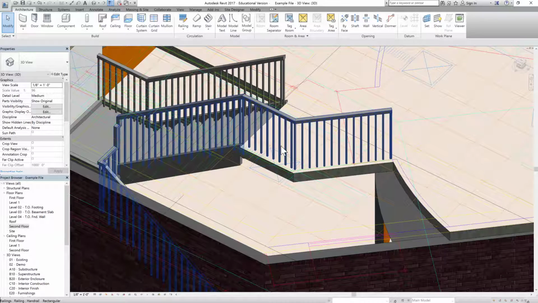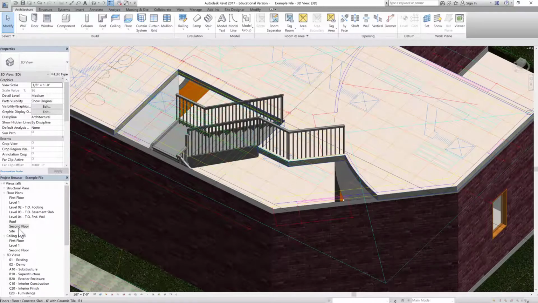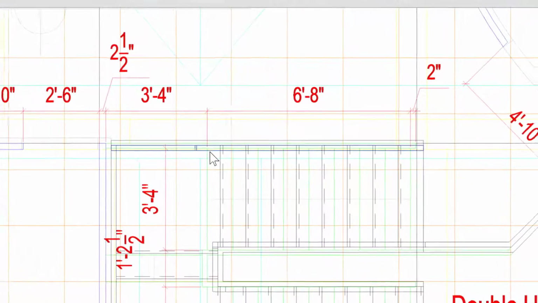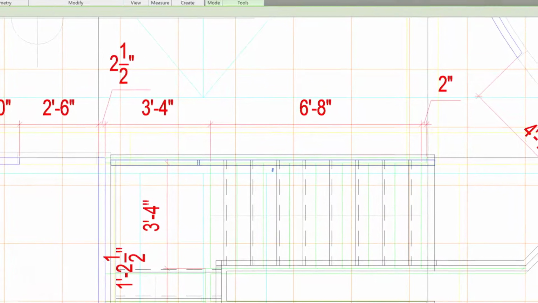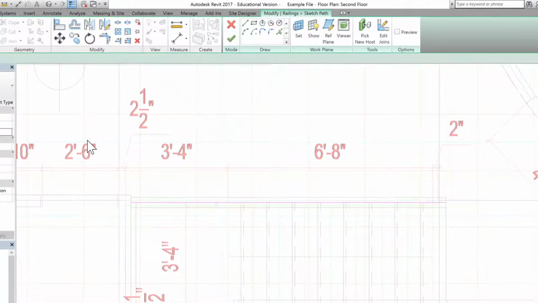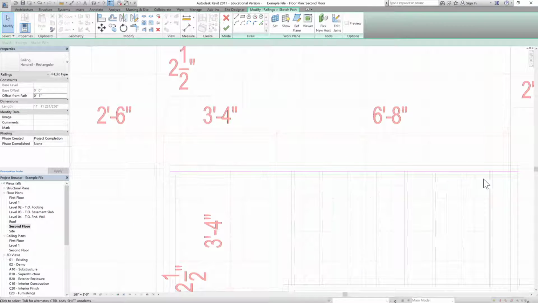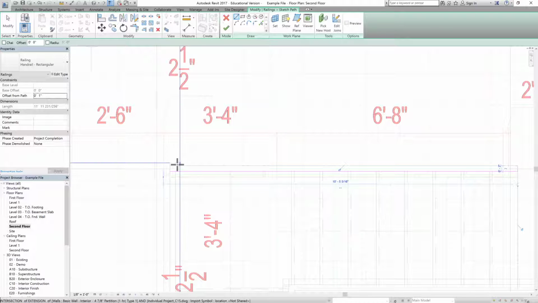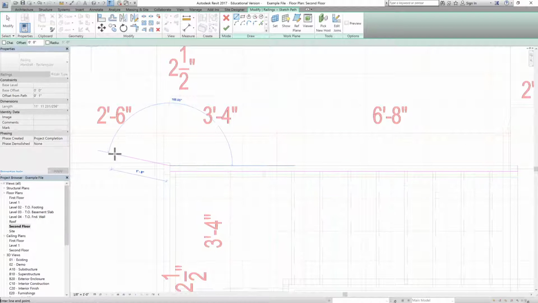So you can actually modify these railings. You can go back to second floor and we can actually modify this other railing, handrail. So click on this, edit its path. So right now it's climbing up like this. What you want is to turn it over here on the second floor and then continue to this wall